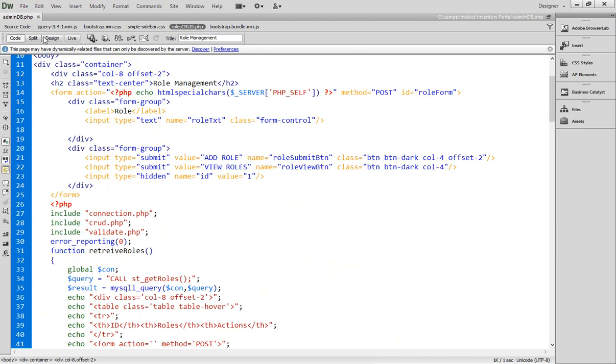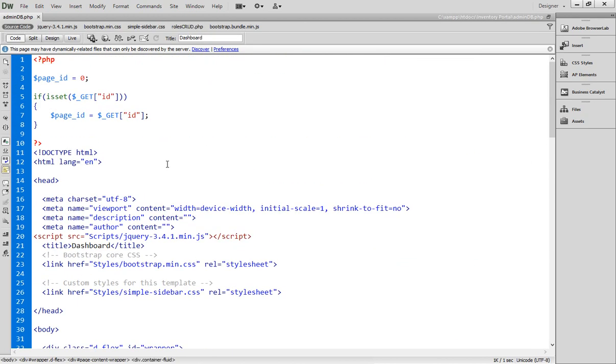Now let's come to the admin DB. You see I have tackled only the get method, but if it is the post method, then we have to specify else if and check whether it is a get method or not, because at a time you are coming via get method or you are coming via post method. So post,